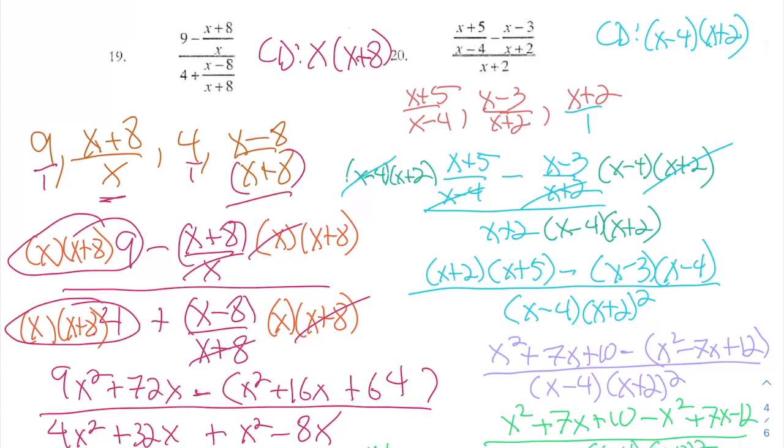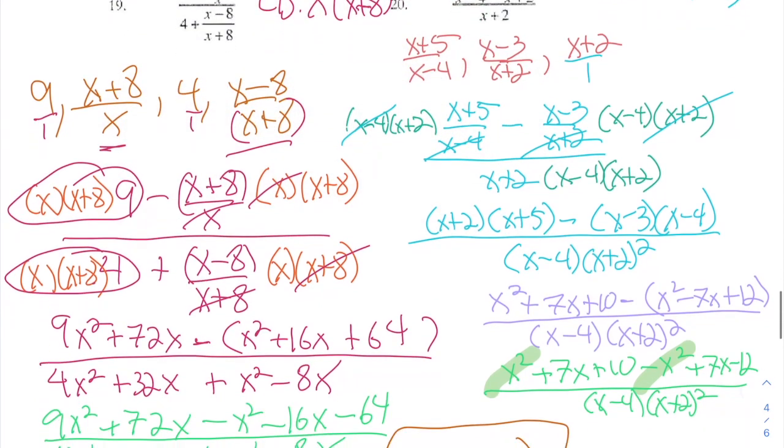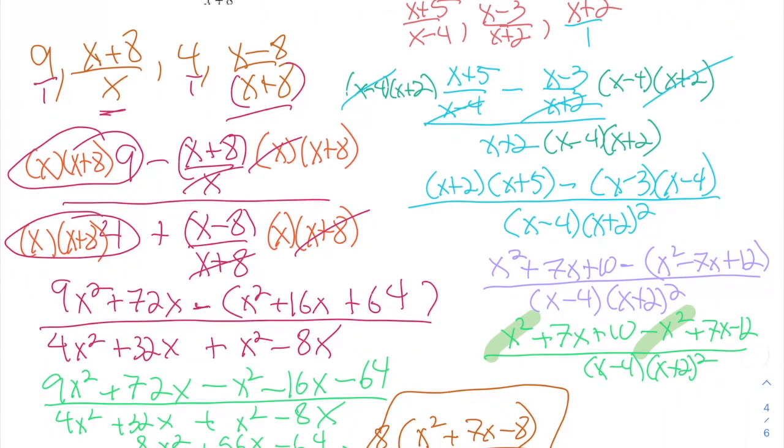Okay, so I'm just going to recopy this. And if you look at this, we have opposites. We have x squared and we have negative x squared. So they're going to eliminate each other. And my absolute 100% final correct answer is 14x, 7x and 7x, minus 2 all over x minus 4 times x plus 2 squared,